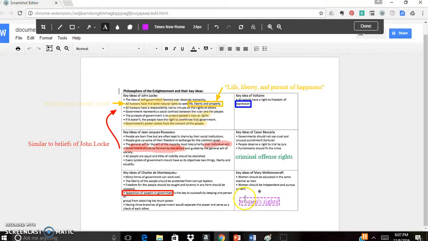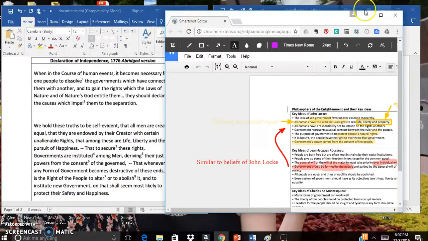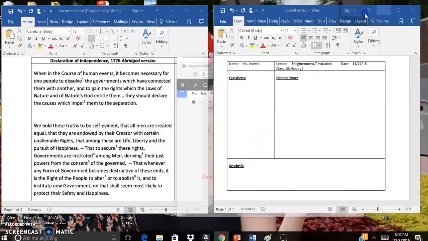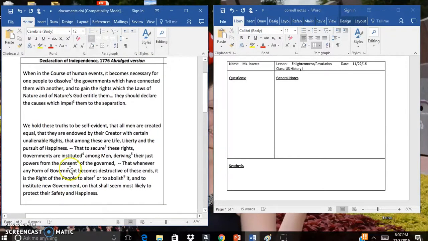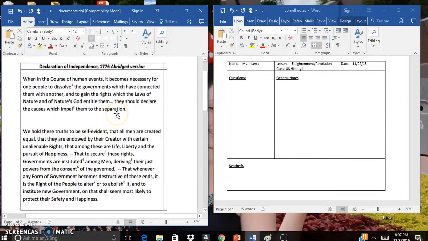So we've started to remind ourselves what these Enlightenment thinkers are. And again, there are many different Enlightenment thinkers out there. These are just a few of many. So let's take a look now. We'll refer back to this when needed. But let's take a look at our excerpts from the Declaration of Independence and see if we can find connections to these Enlightenment thinkers. So,